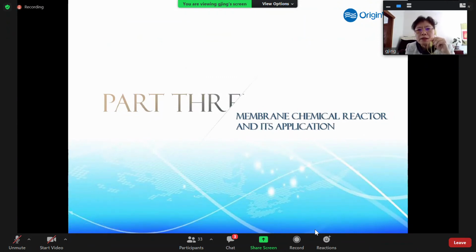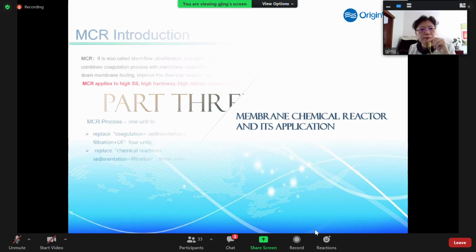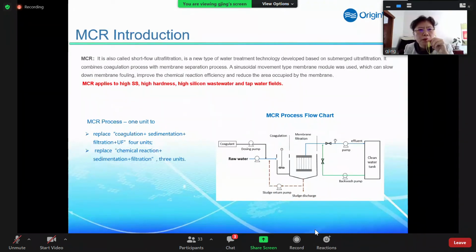Considering membrane application, I think we cannot use only membrane for everything. So we also developed some combined technology with the membrane. Now we talk about the membrane chemical reactor, and also its application. A membrane chemical reactor is a process we developed